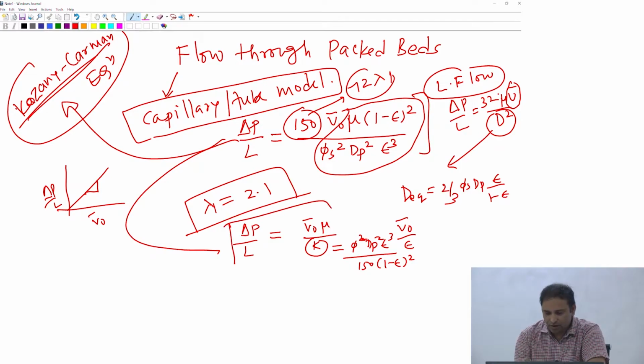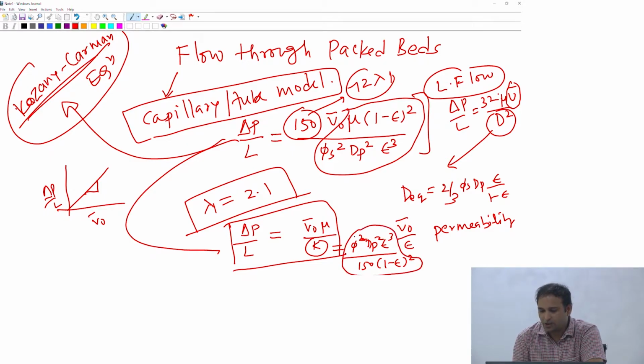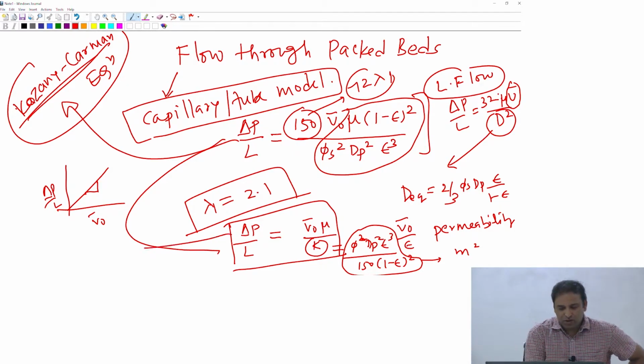And this expression, where delta p by L is equal to V naught bar into mu divided by K, and this K is what is called the permeability. If you look at this expression, this K has units of meter square, because phi s is non-dimensional, dp square has units of meter square, and other things are all non-dimensional. And this equation is also called Darcy's law,